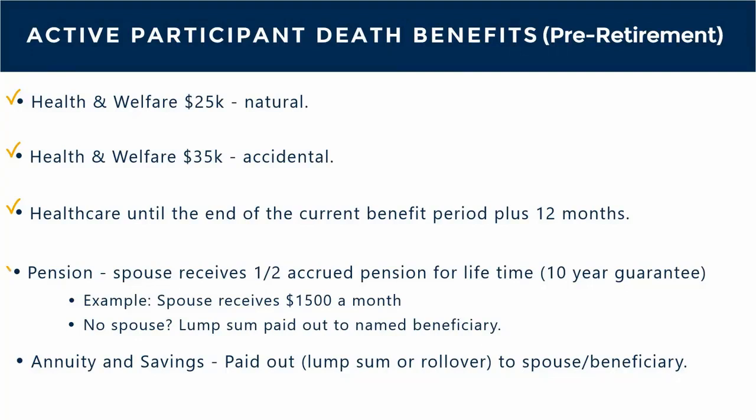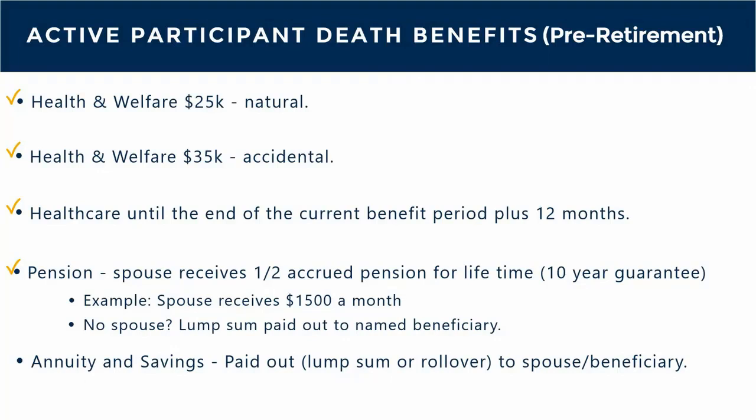As far as your pension goes, your spouse would receive 1/2 of your accrued pension for her lifetime. An example, if we remember looking at Joe, his pension was worth $3,000 a month. In the event Joe passed away before retirement, his spouse would receive $1,500 a month for the remainder of her life. If there's no spouse, a lump sum payment would be paid out from the pension plan to your named